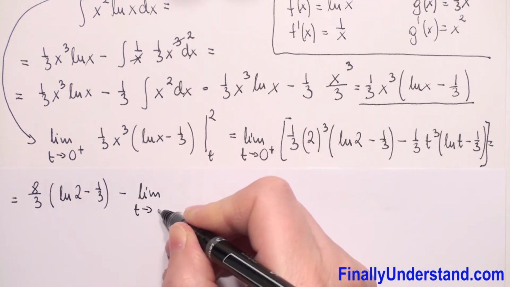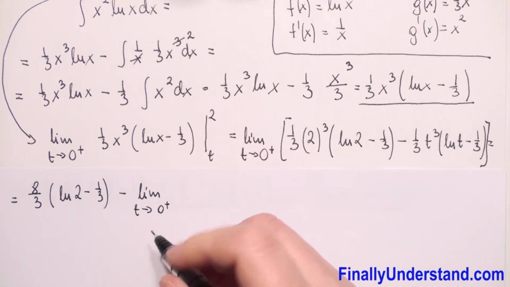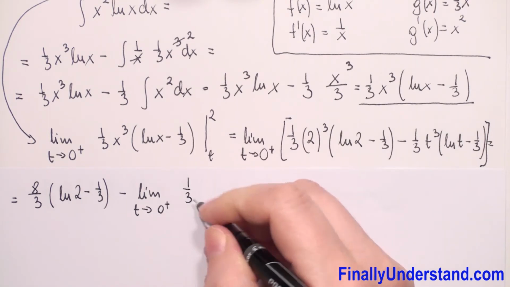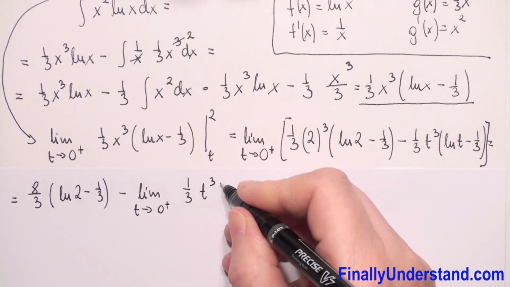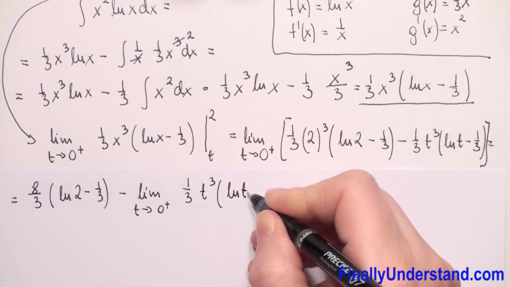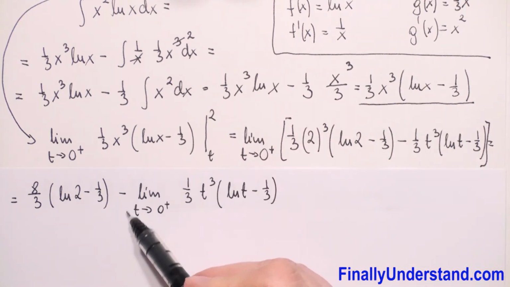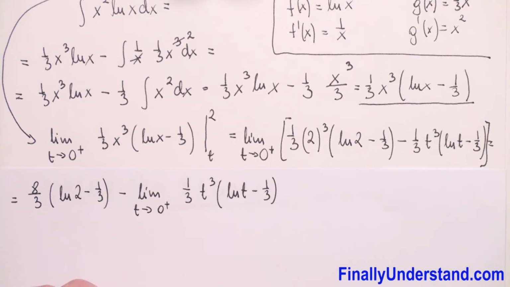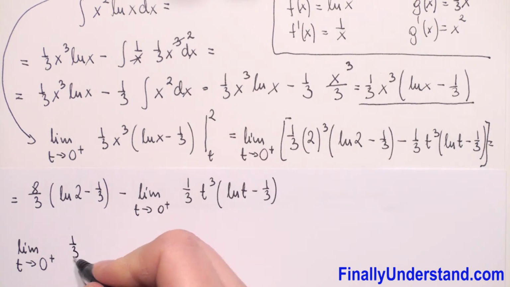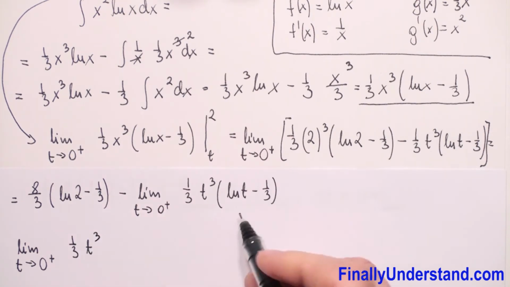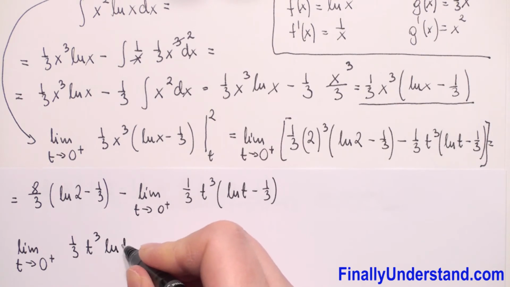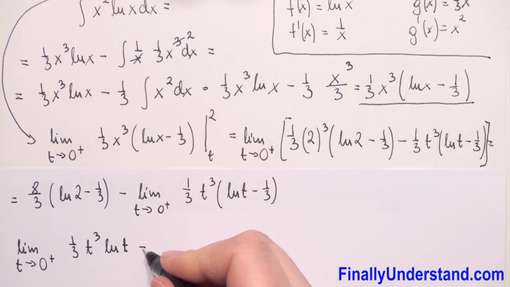T goes to 0 from right, and we have 1/3 times t to third power, natural logarithm of t minus 1/3. So now we have to solve this limit. Let me copy this expression. So we have limit t goes to 0 from right, and we have 1/3 t cube. We can do multiplication times natural logarithm of t, and we have minus